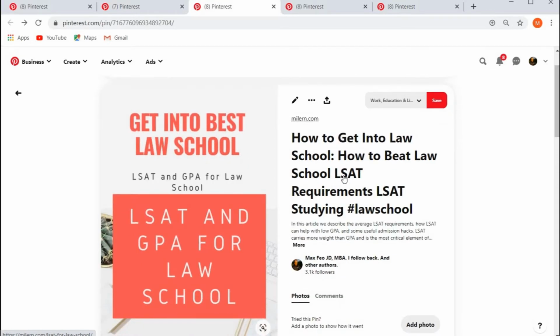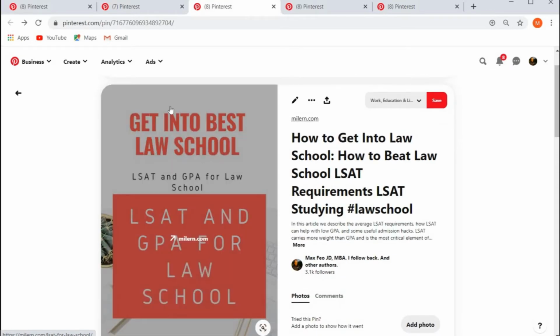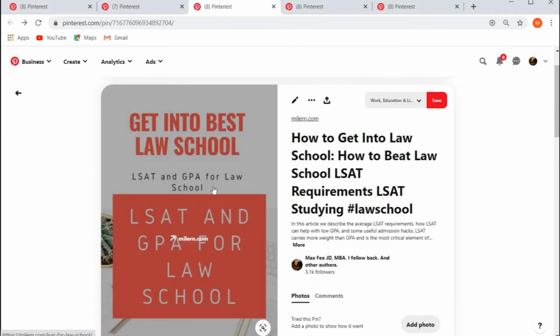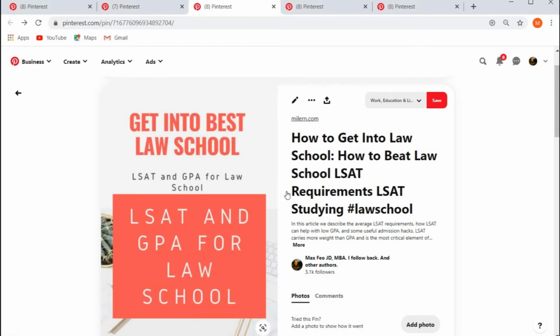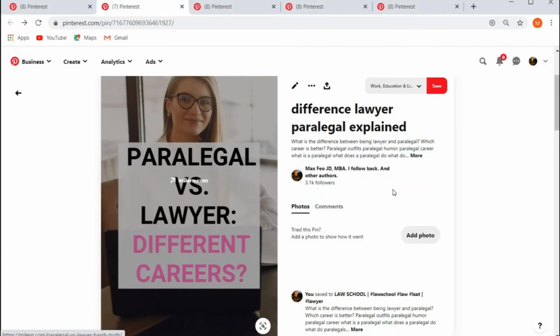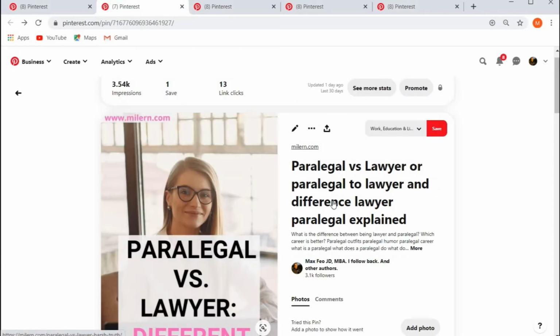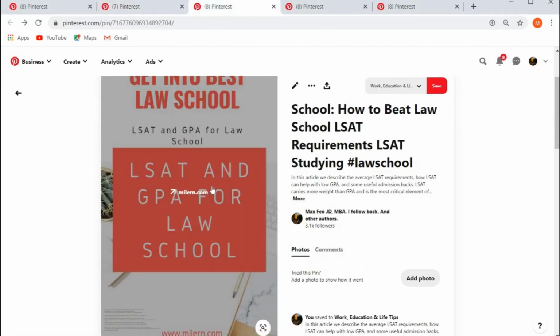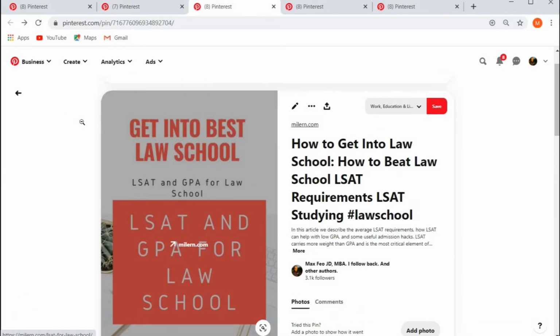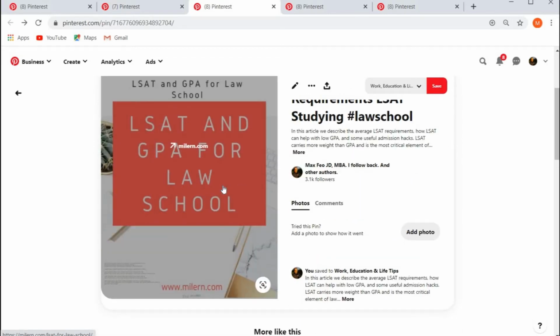It's pretty dull. I used a template from Canva and tweaked it a little bit, but frankly, when people see this pin along with 60 other pins in their feed, it's not pretty. It doesn't attract attention. This other pin attracts attention, with better colors and a better quality picture. I use high quality photos for my pins, and I suggest you do the same if you want your pin to look more or less professional, if not nice. And here there's too much clutter, too much stuff. It's just not nice. I probably wouldn't click on this pin myself.